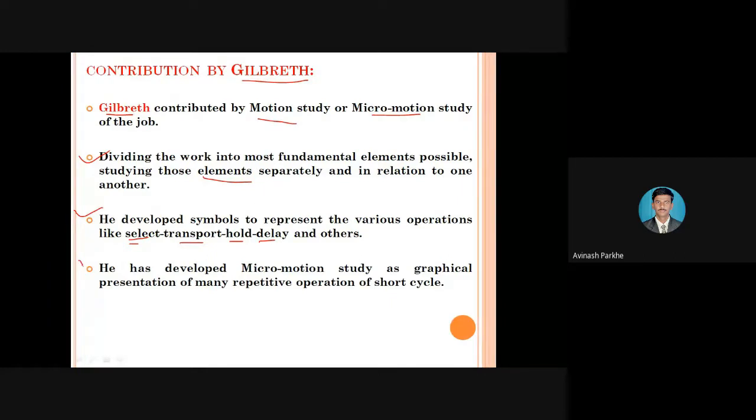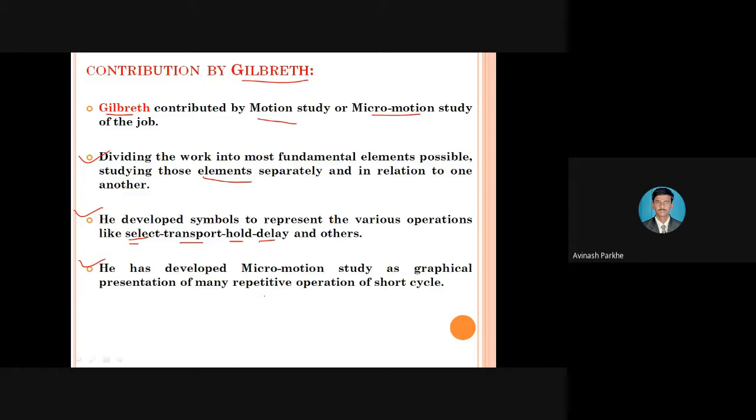Gilbert. And the fourth one is he developed micro motion studies as a graphical representation of many repetitive operations in a short cycle. Just now we discussed the micro motion study. Micro motion study means sometimes the component is moving in the forward direction, again it is coming back, again it is moving forward, again it is coming back. Means some micro movements are taking place, and those micro movements are represented in a graphical manner. So through that graphical manner, we can easily understand where the repetitive movements or repetitive operations are